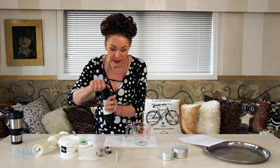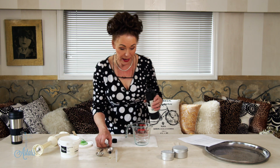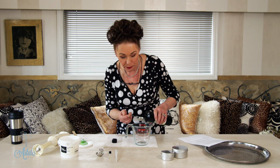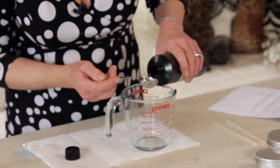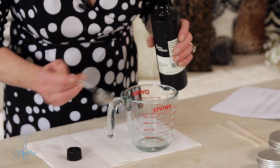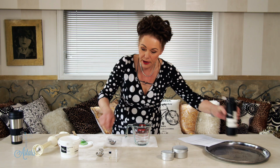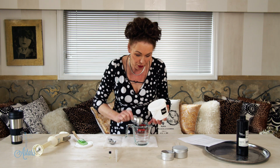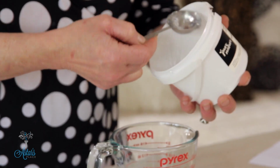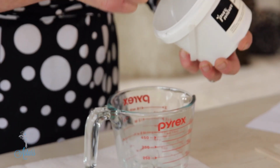It's pretty easy. As I said, it's 3 + 2. So 2 tablespoons of fractionated coconut oil. Put that into there. And then it is 3 tablespoons of aloe vera. Oh, not aloe, yeah, aloe vera. 3 of those